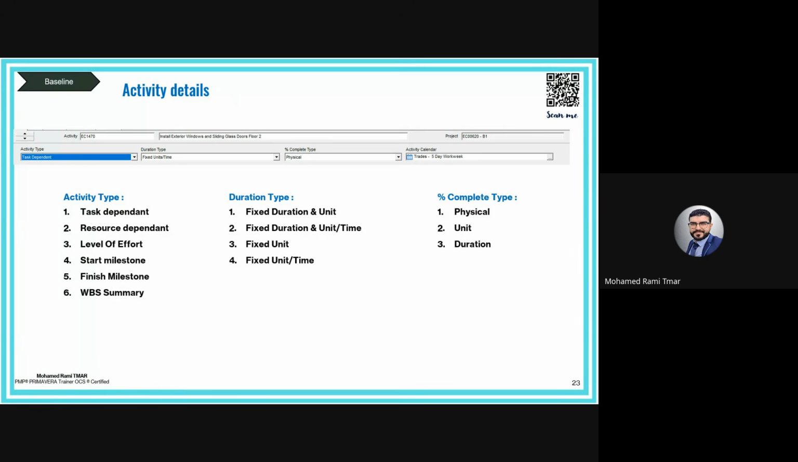Okay, so as a conclusion, duration is not an input. It's the result of quantity and productivity. This is what we need to understand in our scheduling estimation, let's say. Okay, so let's move to